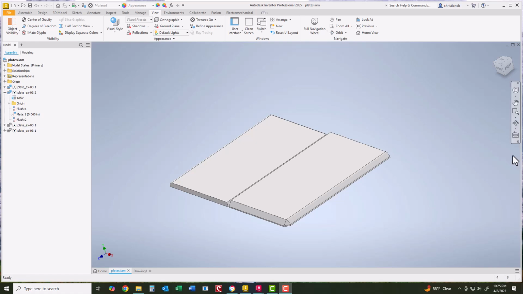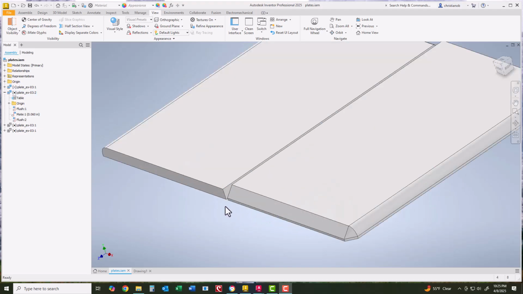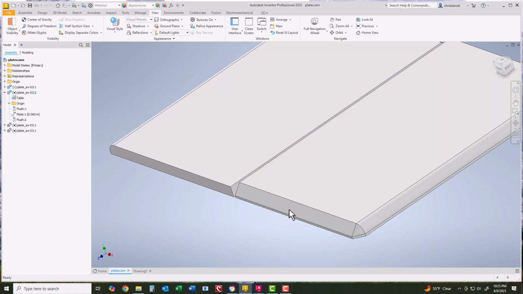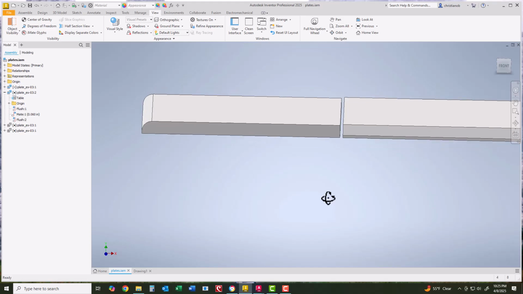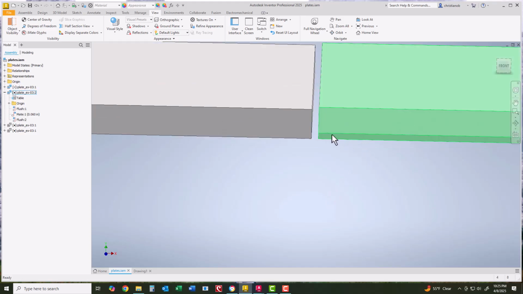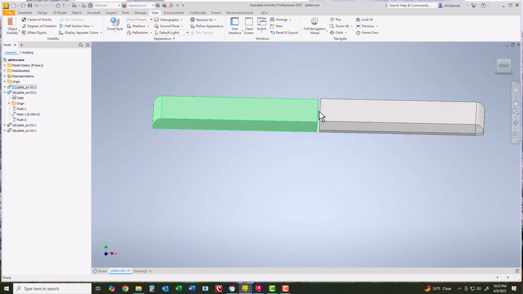All right, what we're going to do, we're over here in the software now, and I've got two plates here. I've got a beveled edge, I've got a chamfered edge, and I've got a filleted edge. But what's more important is these two plates. I've got a small space between these two surfaces,